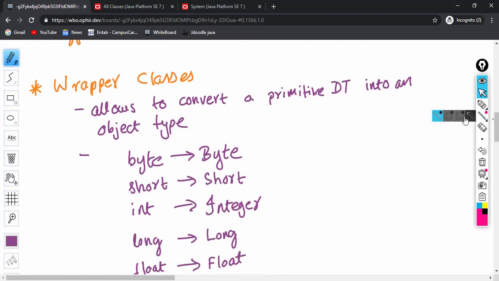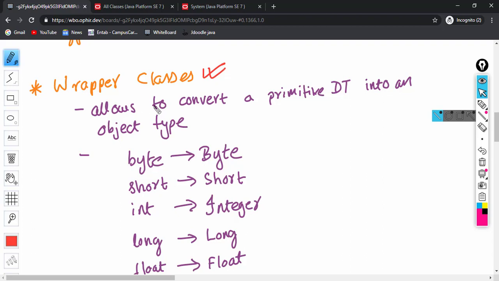Now let's talk about wrapper classes. So what are wrapper classes? It simply converts a primitive data type into an object type. You know that in Java we have got 8 primitive data types.